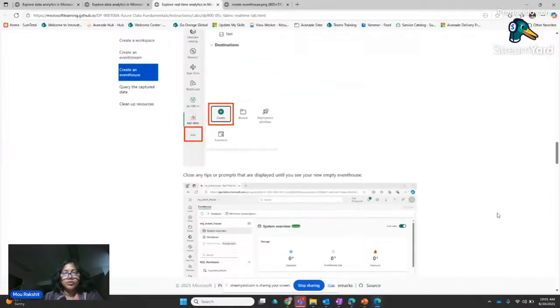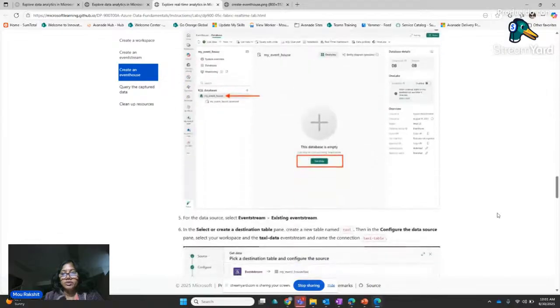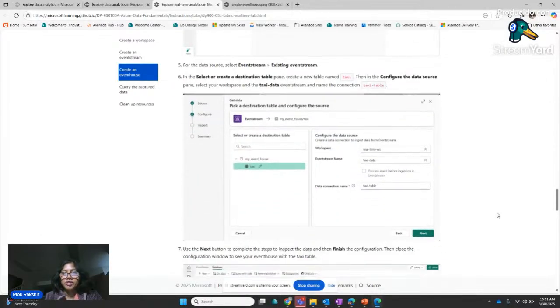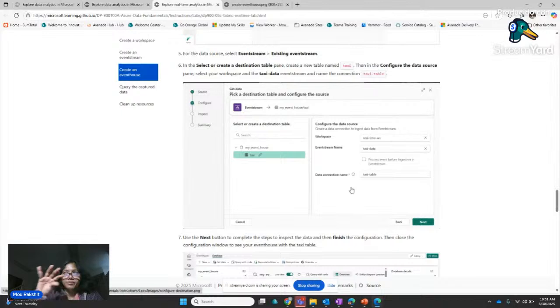Either way you can do it. This instruction says first bring the data, set up the event stream, then create the event house, create the KQL database, then get the data from that event stream into the event house.